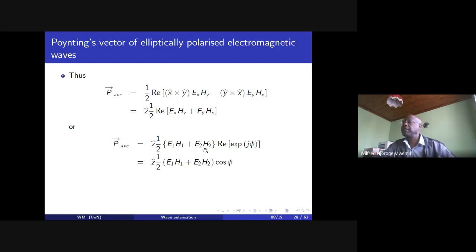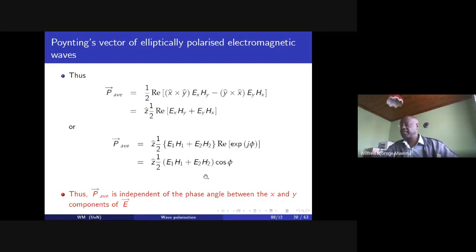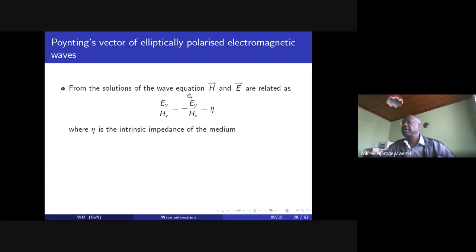but the phase angle by which H, or the magnetic field, is out of phase with respect to the E, will come in. And this is the beginning of what you get in power systems, where you call the cos phi, or the cos factor, or the power factor of the power that you are dealing with. And therefore, we can say that P average is independent of the phase angle between X and Y components of E, and